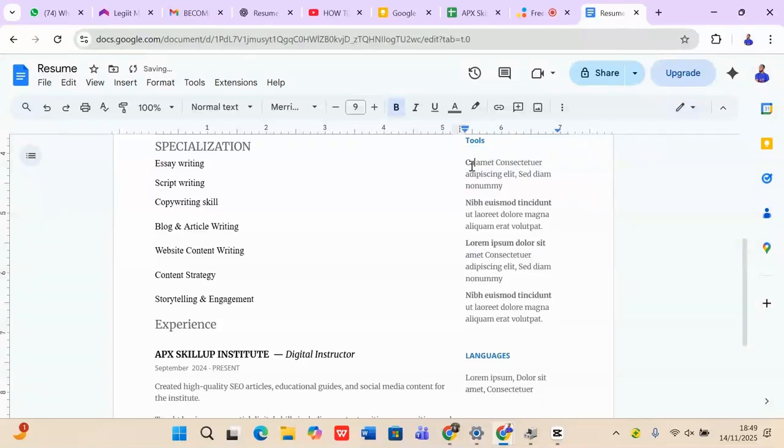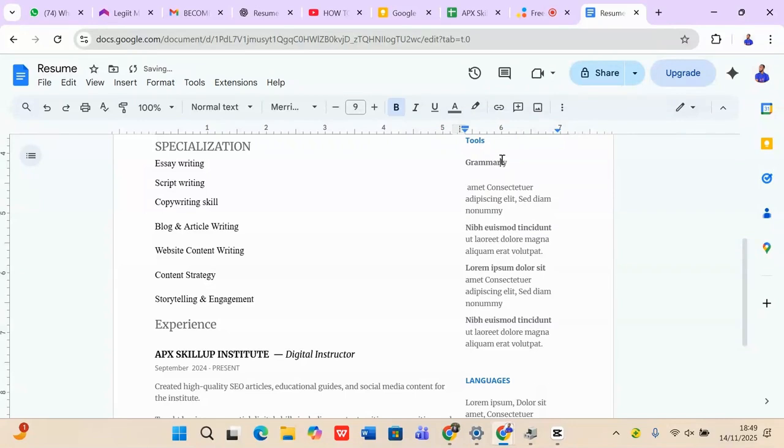We have Canva. Or let me start with the tools that we actually work with for that particular client. So let me start with Grammarly. Grammarly, all those tools, you have to put them. Grammarly. Let me change this G to first. Then I click on the enter. So this one, let me just move this one away from here. So let me put Grammarly.